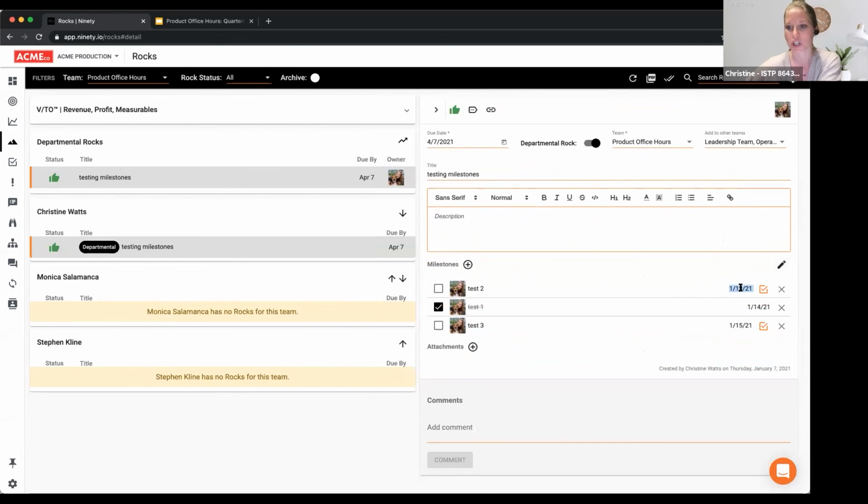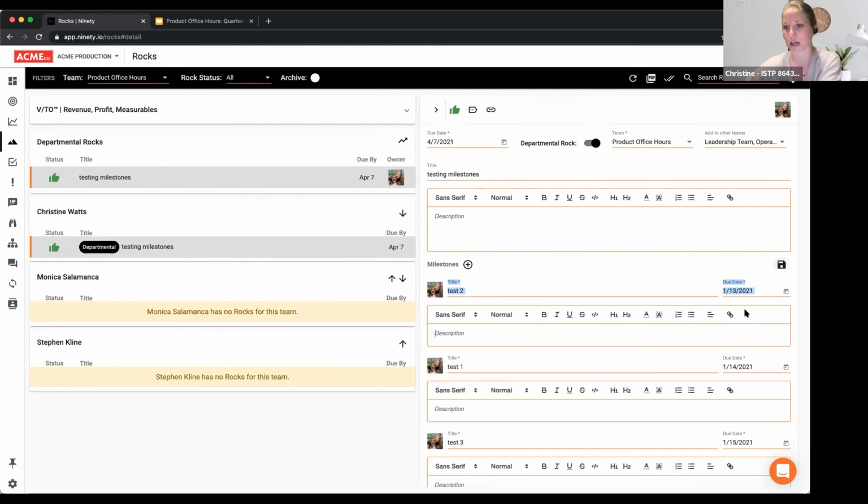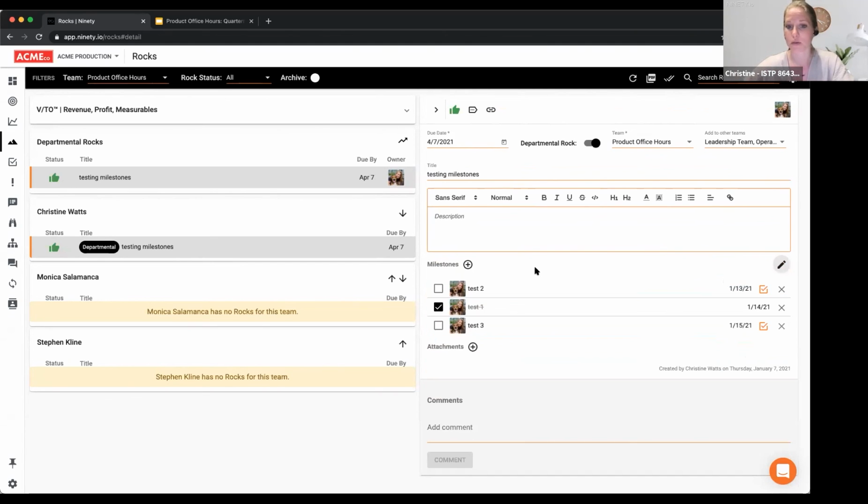So I just want to change this due date. I can just click on it and change it instead of having to open it up and adjust it and save it and things switching around. So definitely looking to get better with that. We're actually having a whole UI UX firm come in and do an audit. So a lot of those little things like that, where it's not broken, but it can definitely be better, are hopefully going to be addressed throughout the rest of this year.